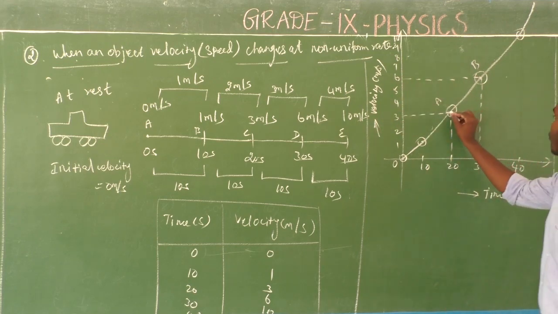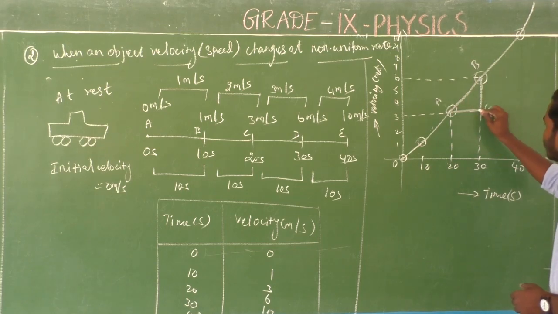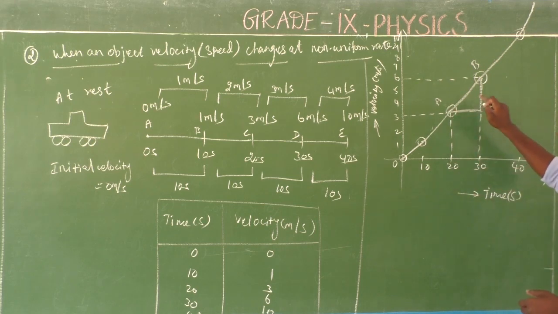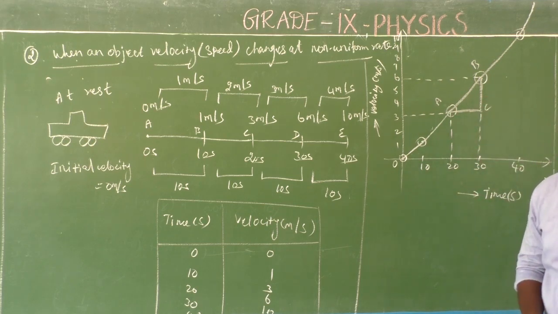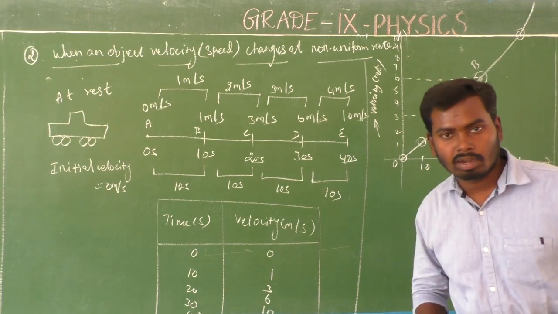And extend this line backward. Yes. Here, these 2 lines cut at a point, which means they meet at a point. Consider that point as C. Is it clear? Yes. Look here, in this velocity time graph, the motion of the object makes a slope. Actually, this slope is the acceleration of the object. Is it clear? This slope is the acceleration of the object. See, we already know that from the velocity time graph, we can find out acceleration.